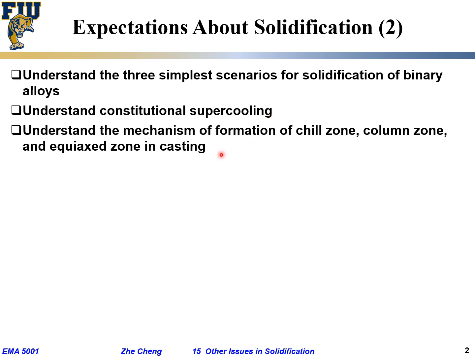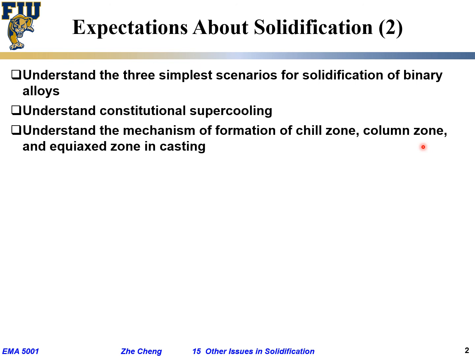Another concept that I want you to understand is the formation of different zones during casting. For example, the chill zone, the columnar zone, and the equiaxed zone during casting. When each of them forms, for example, the chill zone is due to the coldness. When you pour liquid into a cold mold, right when the liquid meets the cold mold wall, there's a large undercooling and a lot of defects. You form equiaxed small grains, and after that, it slows down and becomes columnar growth because at that time the solidification